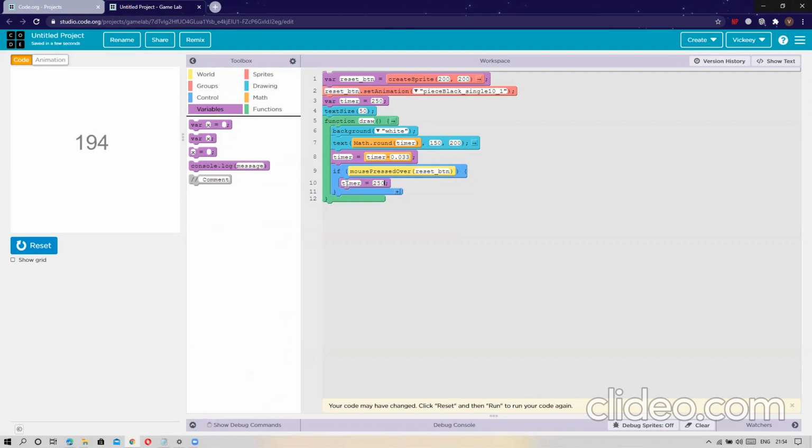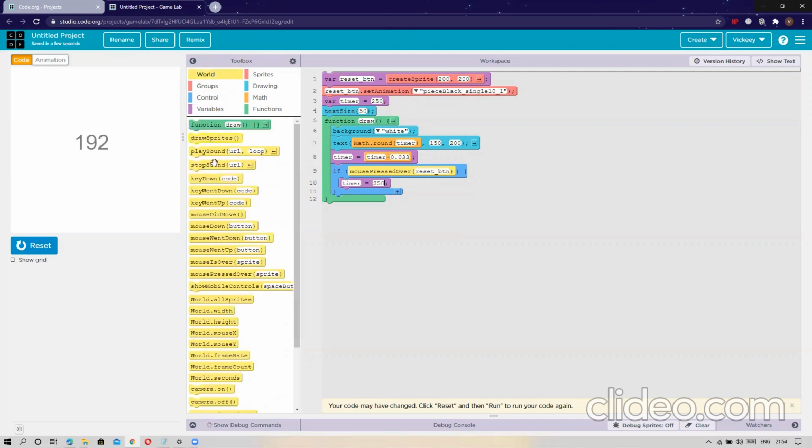Timer is equals to 250, and go to this option and select draw and put it under the if statement.